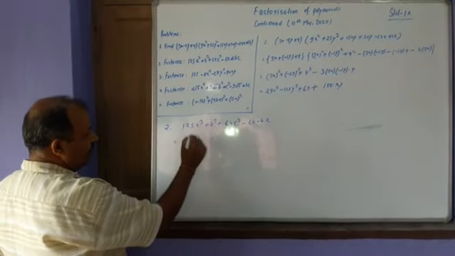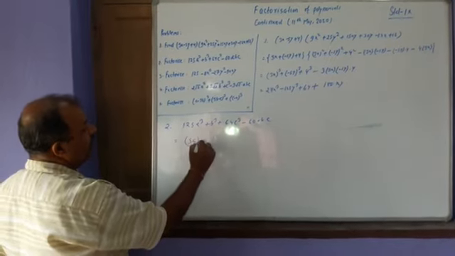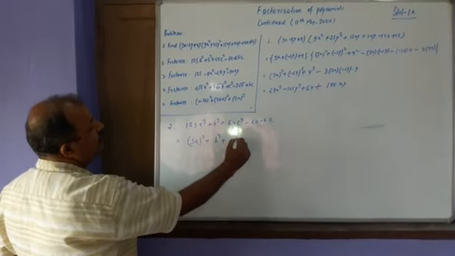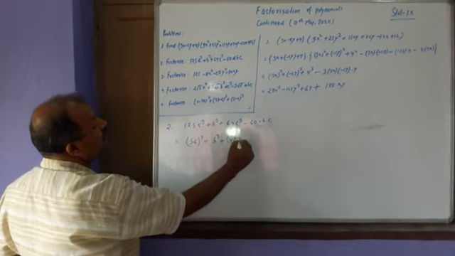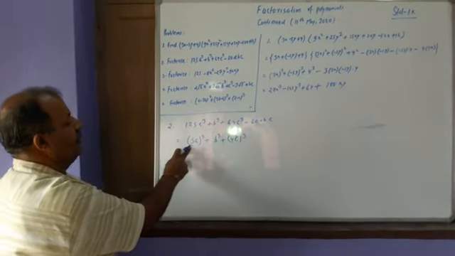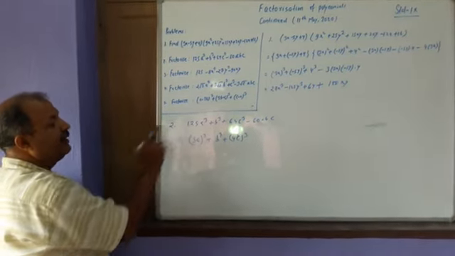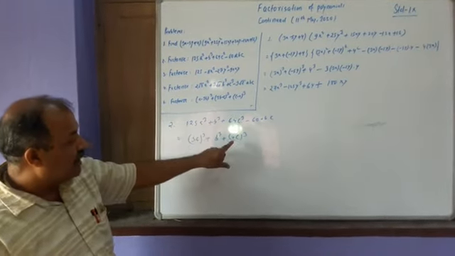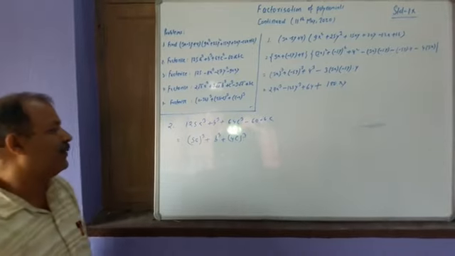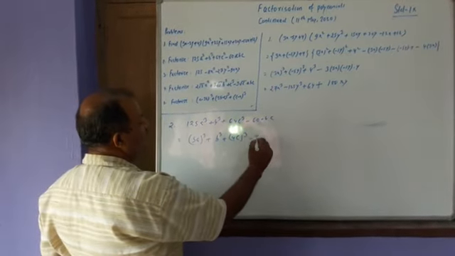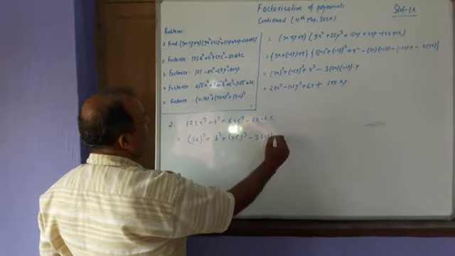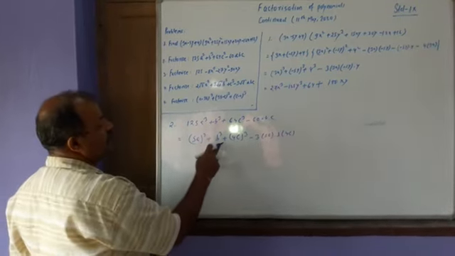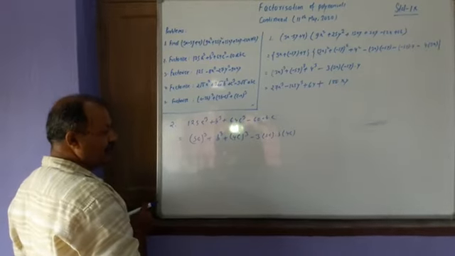We may write it, this is the cube of 5a, this is the cube of b, and this is the cube of 4c. 5 5s are 25, 25 5s are 125. 4 4s are 16 and 16 4s are 64. Now we may write 3 into 5a into b into 4c. This is a cube, b cube, c cube minus 3abc.